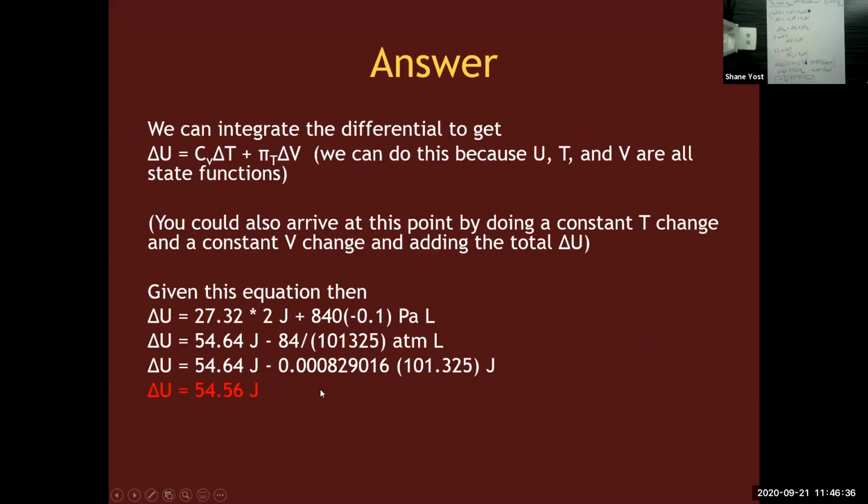How I did the switch on the slides is I actually did convert to liters and then atmospheres and then back to joules. But you see, I basically have to divide by 101.325 and then multiply by 101.325. I'm dividing and multiplying by the exact same number because I convert away from SI units and back to SI units, which is kind of pointless. I also made a typo there. It should be 840 divided by 101. Oh, no, it's 84. Sorry, because I have 840 times 0.1. No, so there was no typo there.